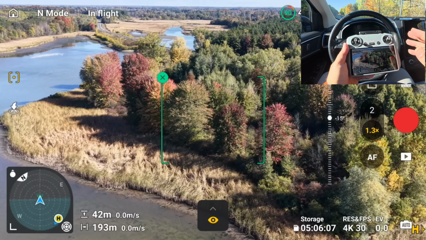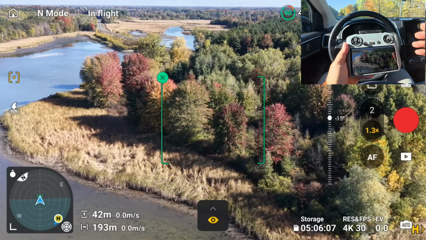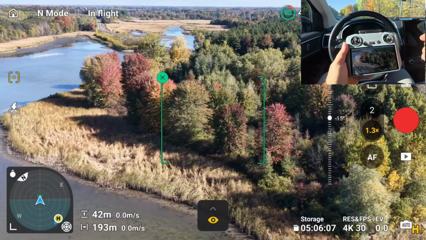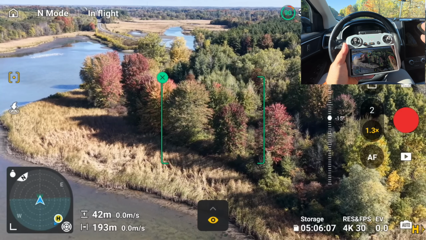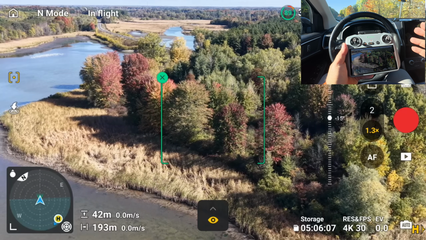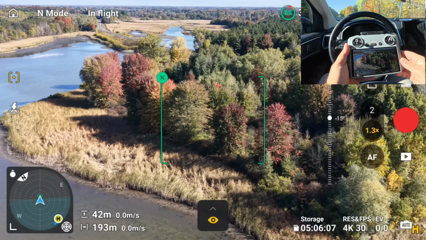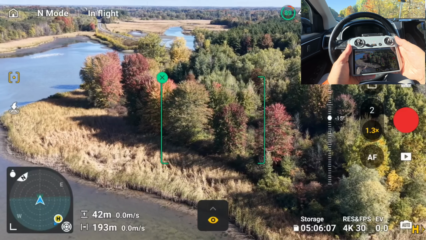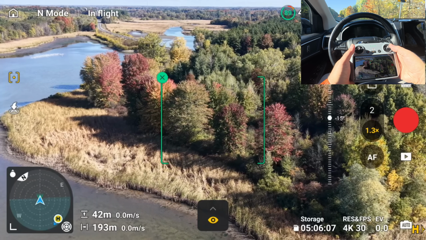Now, Spotlight allows you to lock onto a subject, and it can be a moving subject or a stationary subject, and it basically keeps the drone camera locked onto that subject. And it can be really useful. It can allow you to get some really smooth dynamic moves. So for example, we have those trees selected, but I can fly to the side,